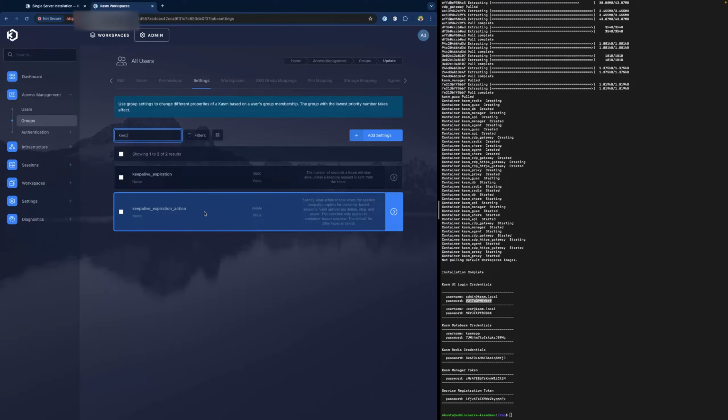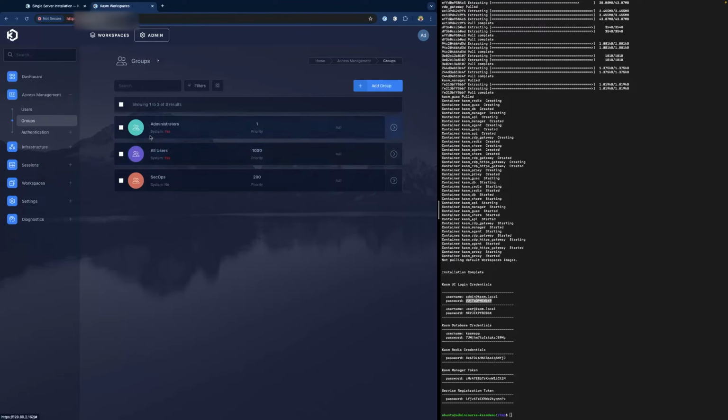Other valid options here are, first, delete: go ahead and destroy the session. You can pause it, so the session is paused. This is valid for container-based sessions only. It will preserve the disk, your processor, and memory state, and it will continue to consume resources in physical memory and or swap file usage. The third option is stop: just stop the session. When stopped, it will preserve the actual disk state. So any sessions that are resumed from a stop state, any previous files that you were working on will remain intact, but any previous running programs that you had will probably need to be restarted.